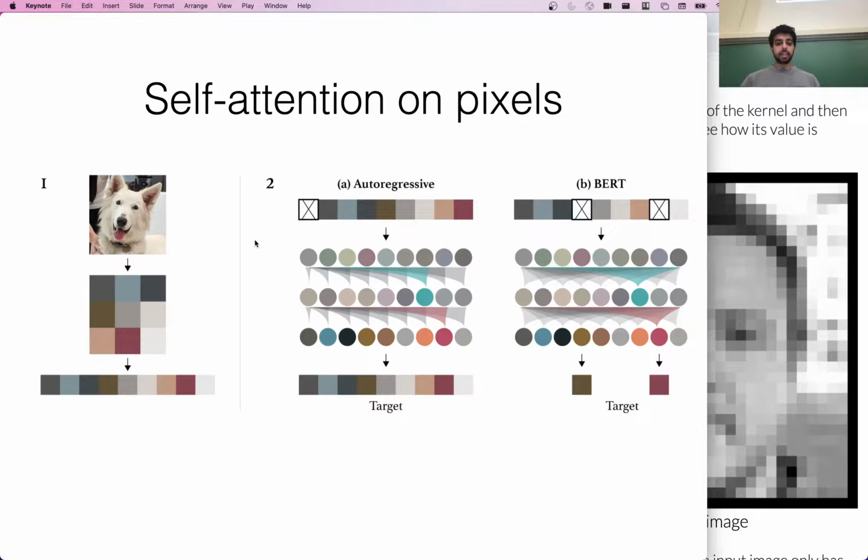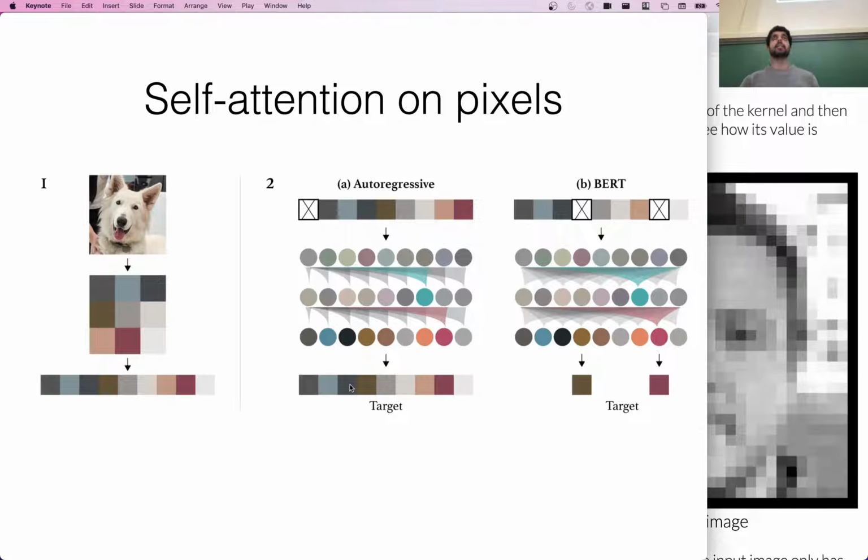So that is actually what people have tried early on. You can actually devise a language model out of this, where here is your input, and you feed it into the transformer, and you're trying to predict the next token or the next pixel. So here, given this start of sequence token, you predict the next value. Here, you're trying to predict this blue value.